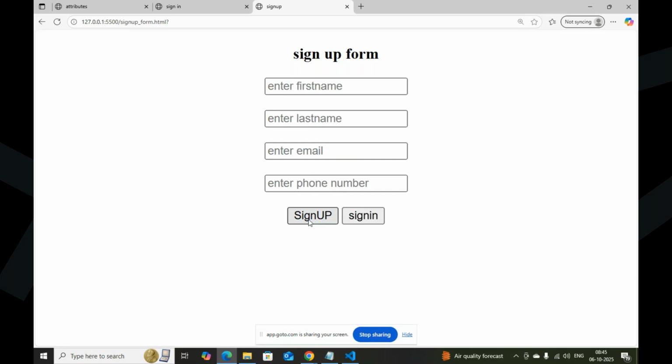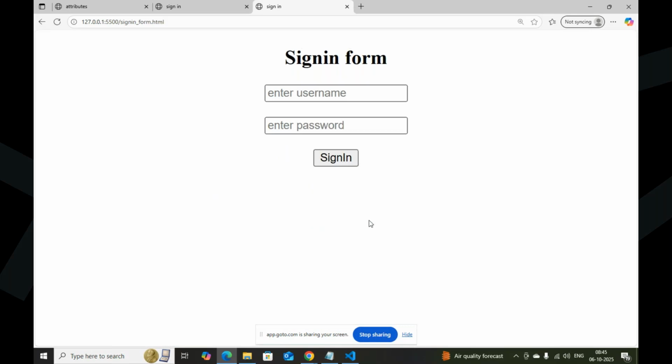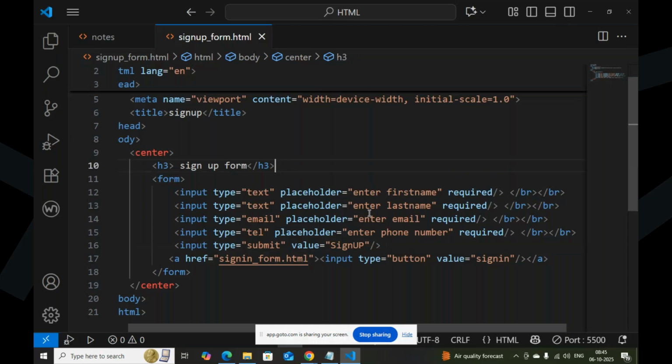But how are these fields captured by JavaScript, sir? Already we discussed. JavaScript is actually playing a major role, taking the data from your HTML and sending it to the servers. Okay, but he is already a registered user. For example, I refresh it. He is already a registered user. He directly goes with the sign in option. He clicks on sign in. That hyperlink is opening and the sign in form is coming. In this way, you can understand